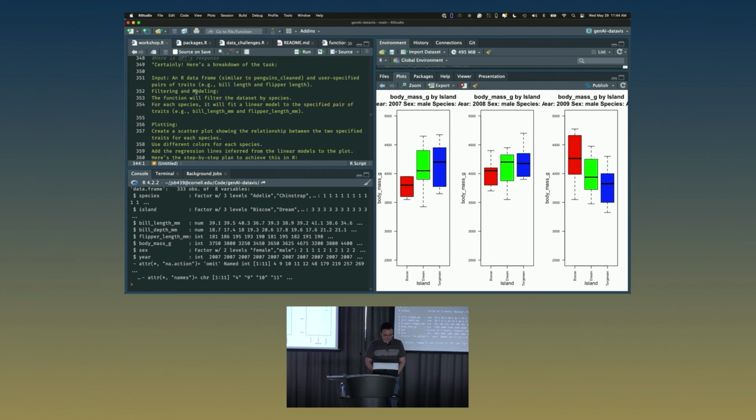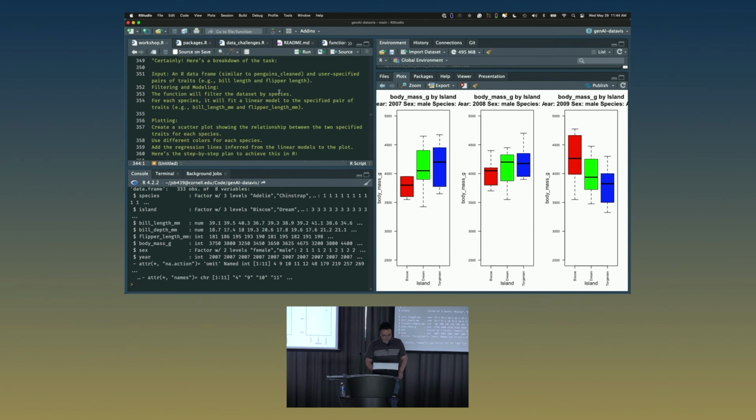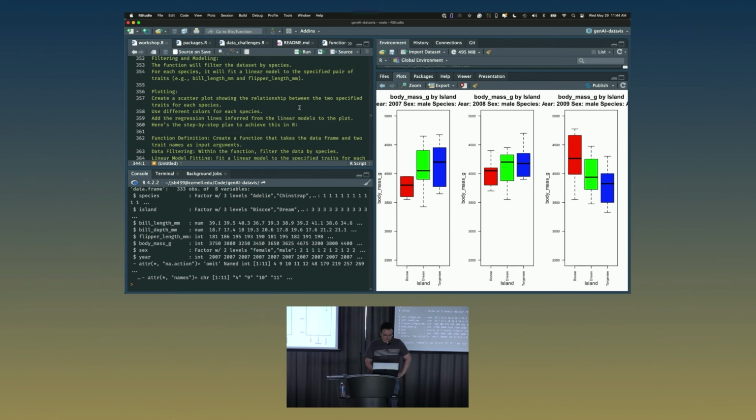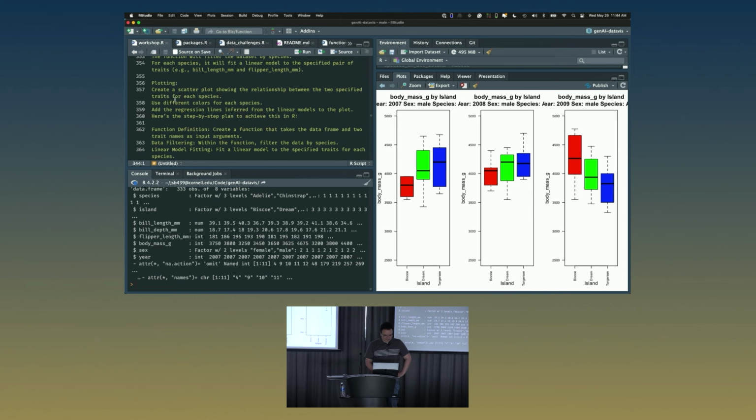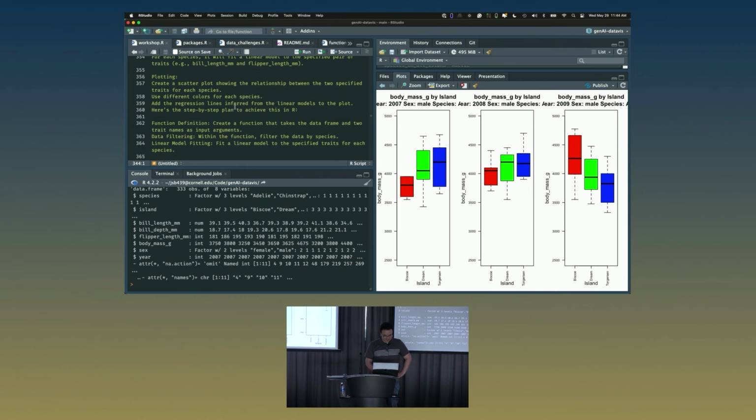Certainly, here's a breakdown of the task. Input, our data frame. Function and filtering and modeling. The function will filter the data set by species. For each species, it will fit a linear model to a specified pair of traits. Plotting, create a scatter plot showing the relationships, different colors for each point, add regression lines inferred from